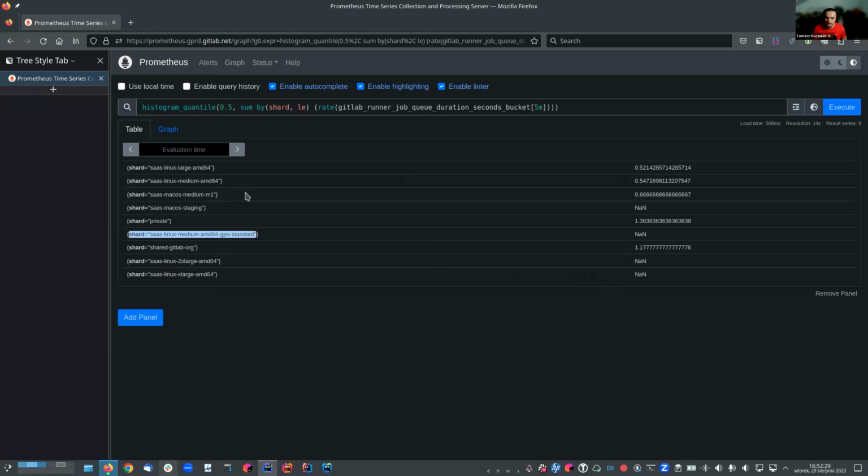And now we are able to analyze that per shard, per instance, or per whatever other grouping definition we define for ourselves, and say, hey, this is a virtual group that we want to have a specific SLI, SLO, and for example, for the small runners that we have here, our current objective is set